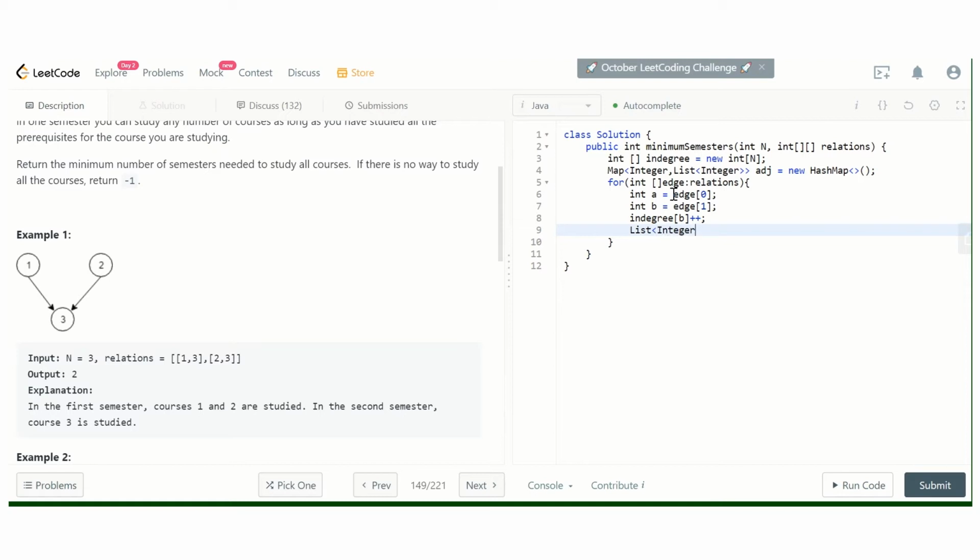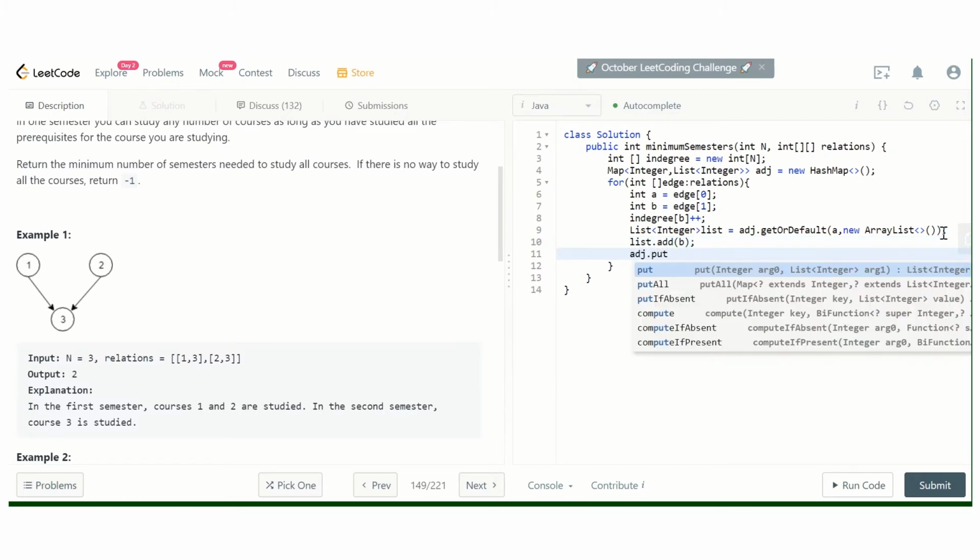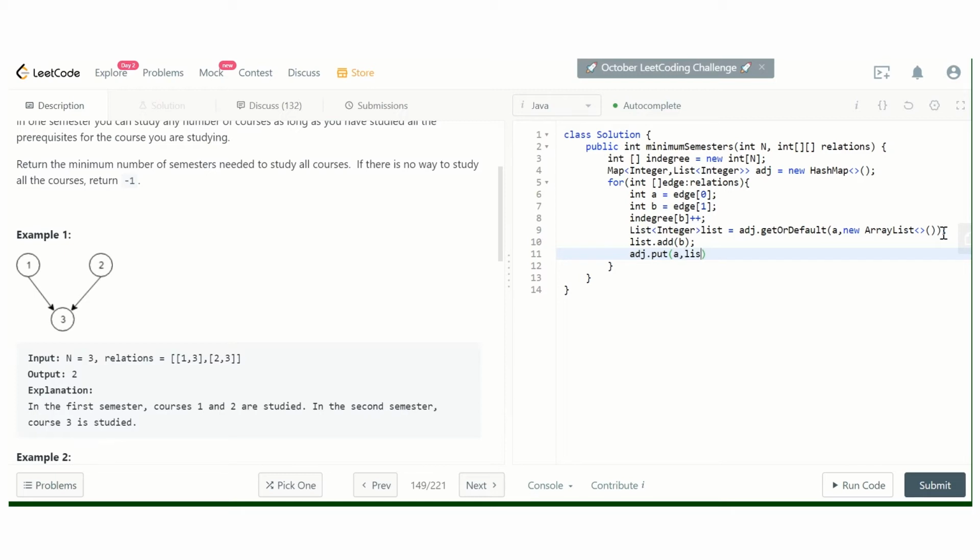Then integer list equal to get or default a to new array list. List dot add b, put a, list. We have created our graph.